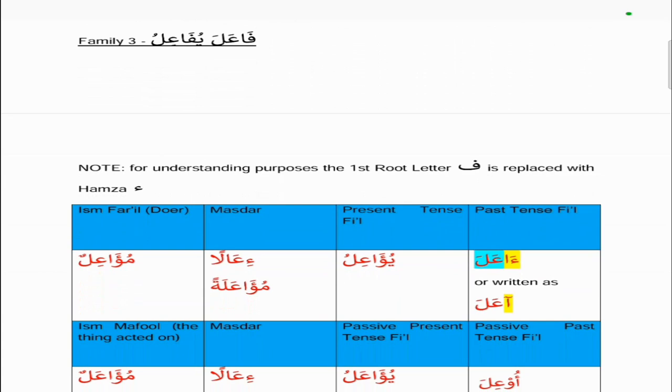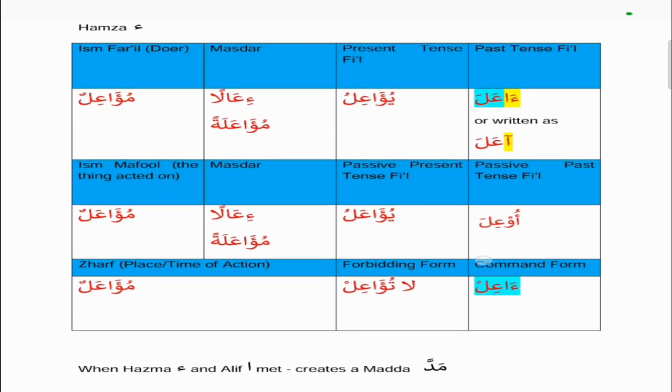For understanding purposes, the first root letter fa is replaced with hamza. So the three root letters we're going to use in this table are hamza, ain and lam. The past tense fi'l would be the hamza, the alif hamza, ain and lam, which is ala, or it can be written in two forms, highlighted in yellow, so you can see it in two different forms. So it's ala, and the present tense fi'l will be yu'ilu,